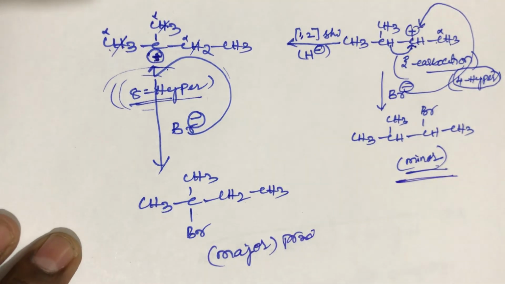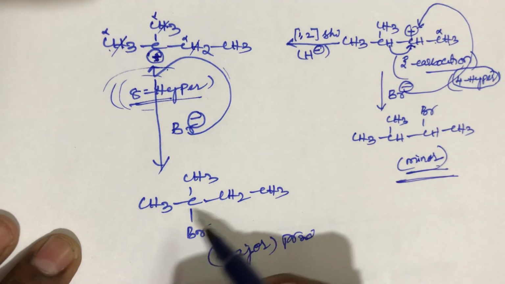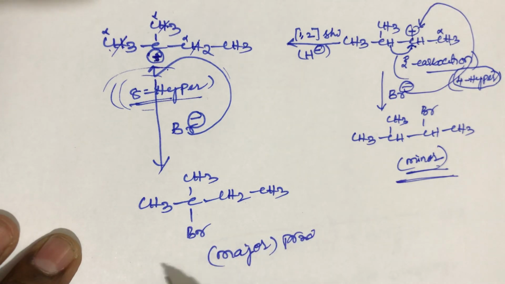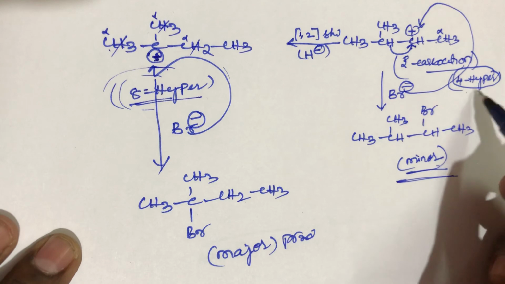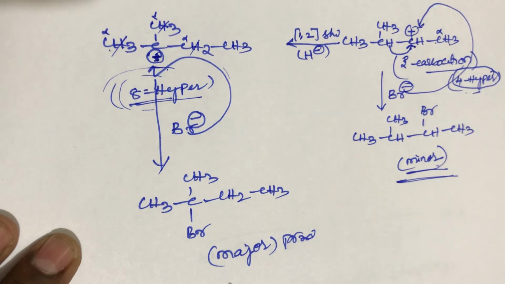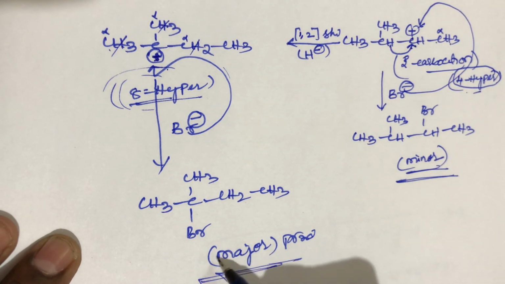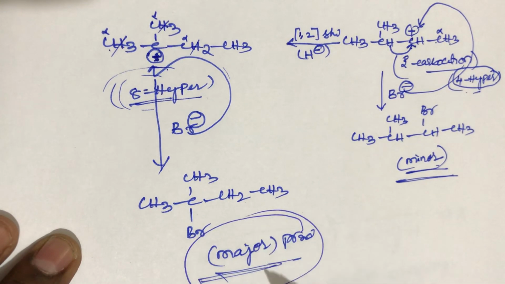The other is the minor product due to the presence of hyperconjugation. The tertiary carbocation has 8 hyperconjugative structures and the secondary carbocation has only 4. So that is the major product; it depends on stability. The compound with more hyperconjugative structures is always more stable, and with fewer is always less stable. That is the reason, student, this compound is the major product.